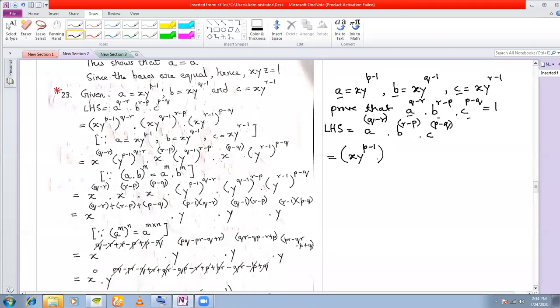This whole thing raised to the power of q minus r into b is your (xy to the power of q minus 1) raised to the power of r minus p, into, and c is, yes,